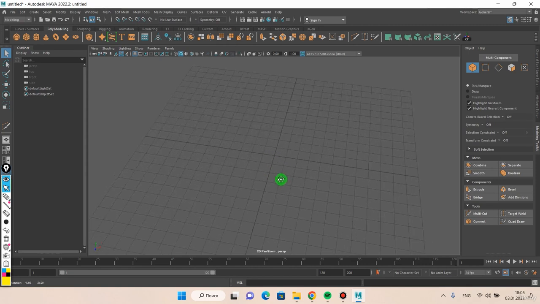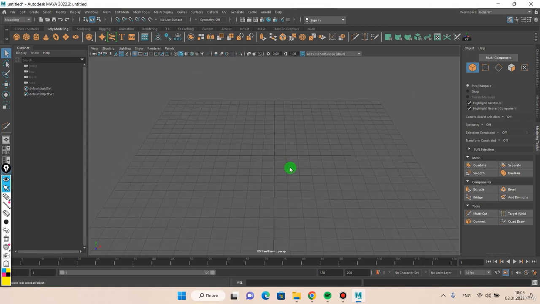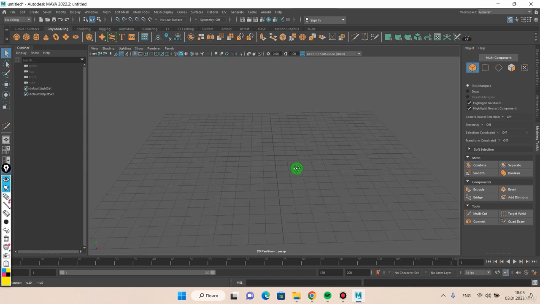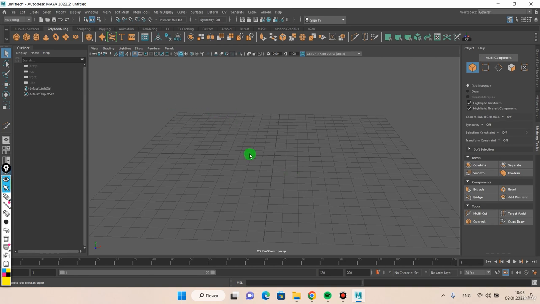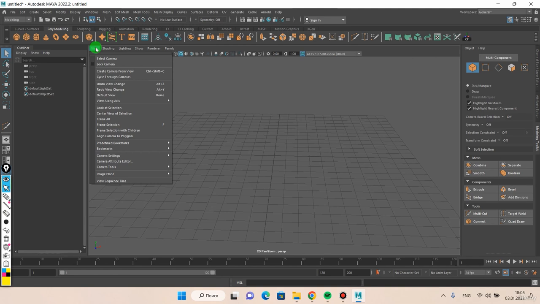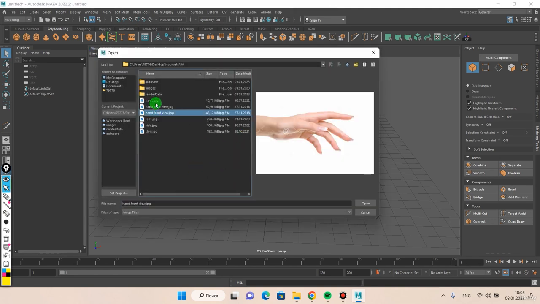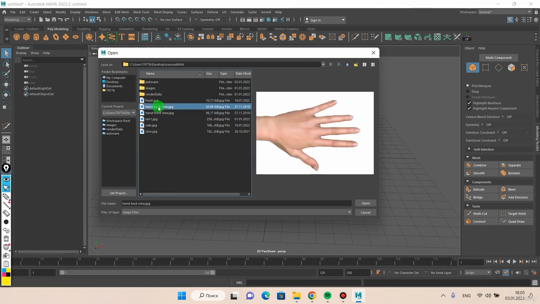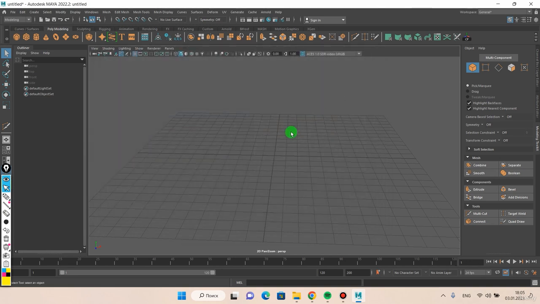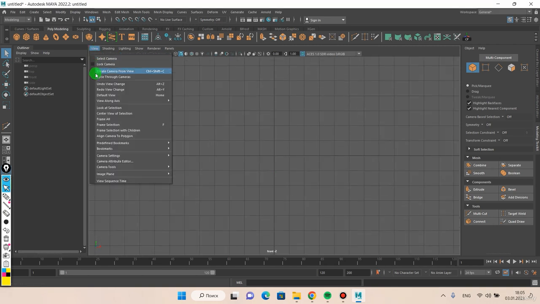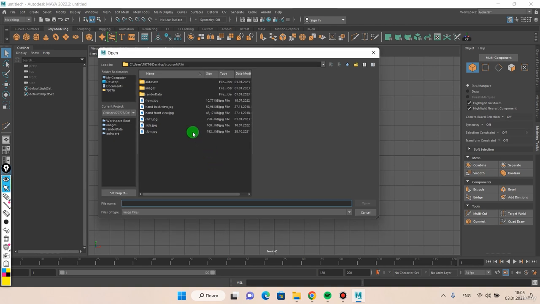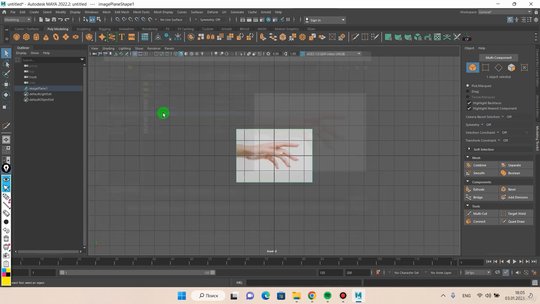Welcome everyone, this is going to be the modeling series, where we model a fairly realistic hand. First of all, we will need to install reference images. As always, we have them already in our files: hand back view and hand front view. I will go to my front view, and from here I will install my hand front view image,